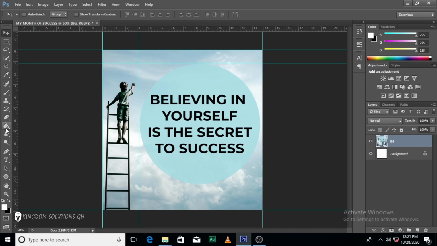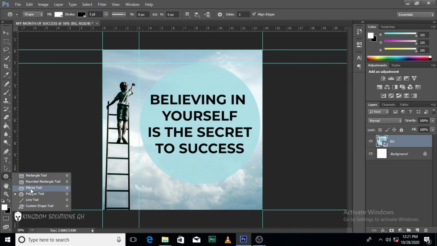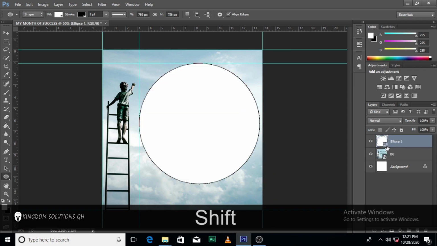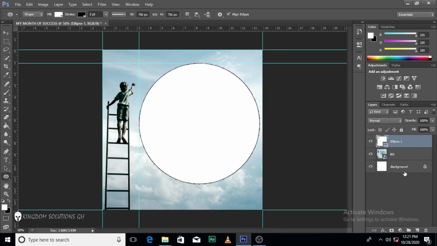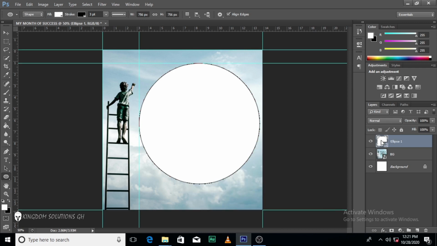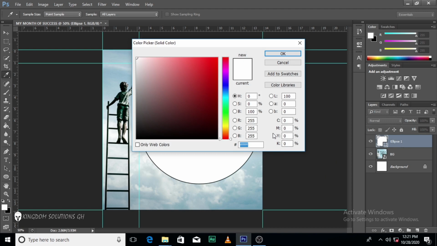circle itself. And then we're going to click here, click on the ellipse tool, and then hold shift and drag it. Alright, that's good. Okay, so double click on the ellipse tool this side. Okay, this side, ellipse tool. Following, double click on it and then type this code